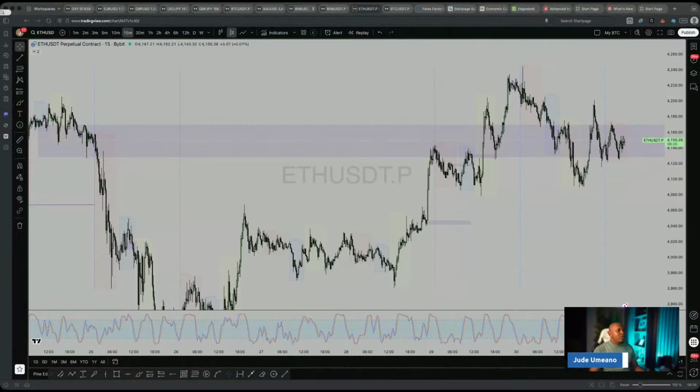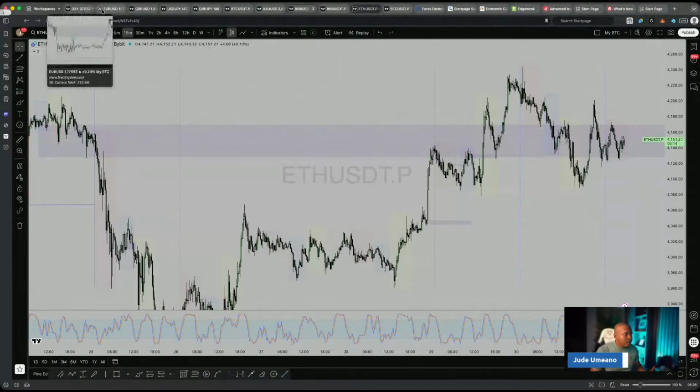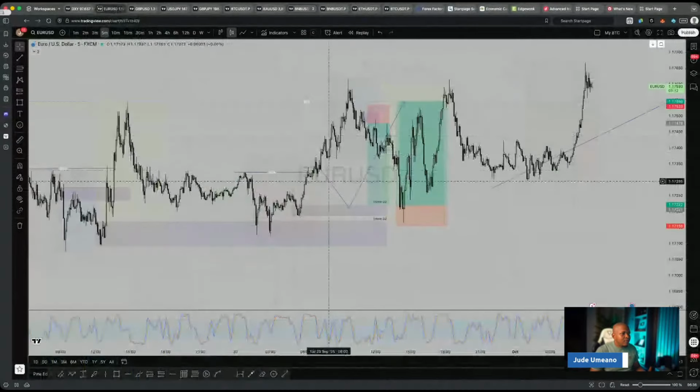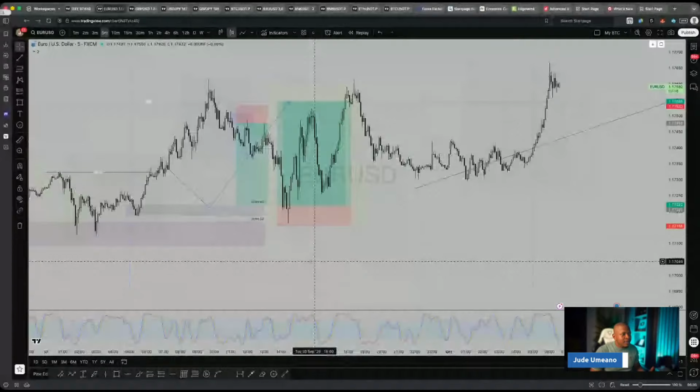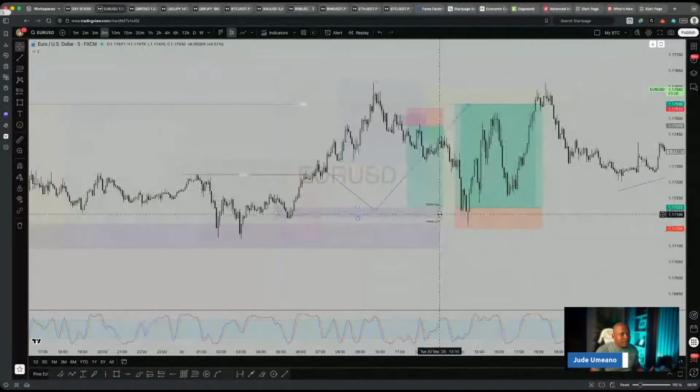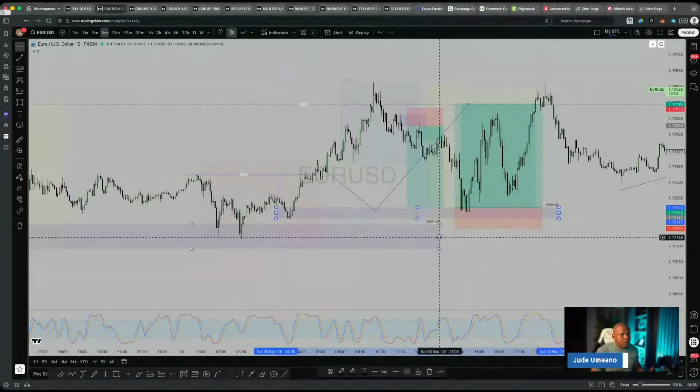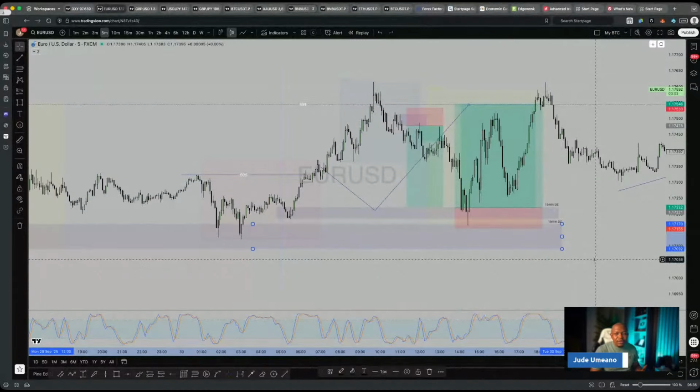So let's start with what actually happened yesterday. How did we go yesterday? So yesterday we analyzed, this was a very profitable trade. This is USD JPY. Now in my analysis, so I hold analysis